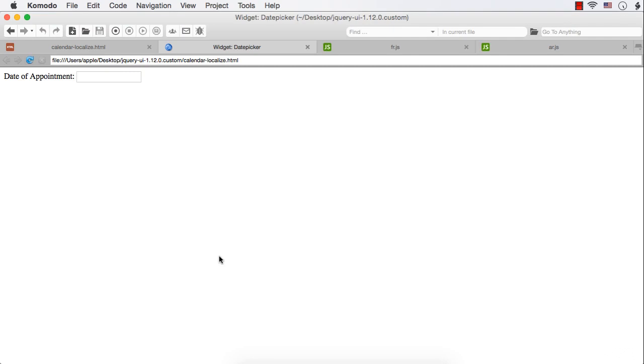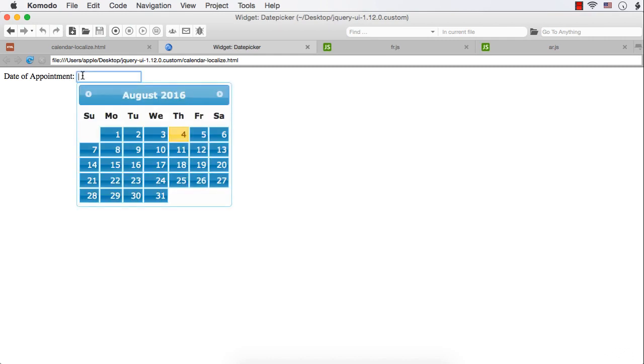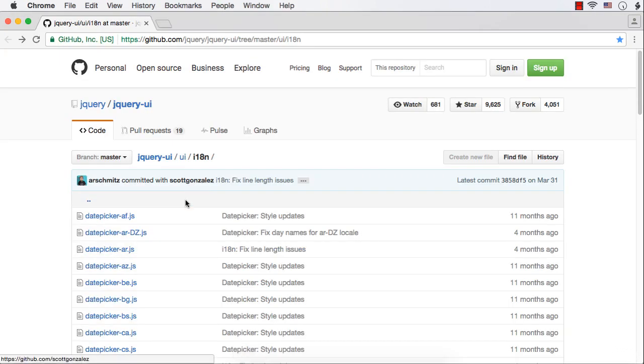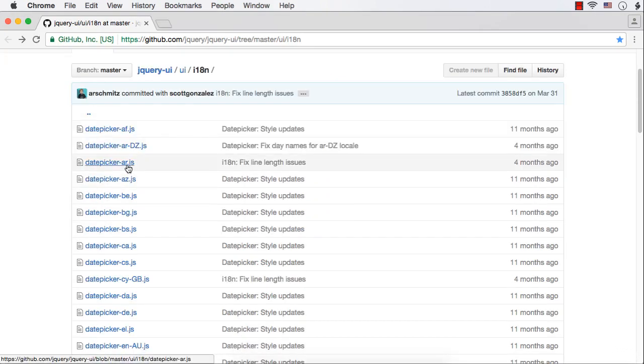jQueryUI's Datepicker allows us to localize the content for different languages. By default, we see the Datepicker in English, right? Suppose I want to localize this Datepicker for Arabic language. You can do it because Datepicker supports localization, and you can find the list of languages supported by jQueryUI's